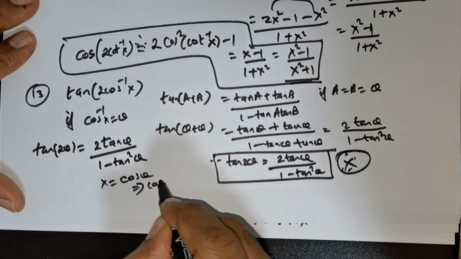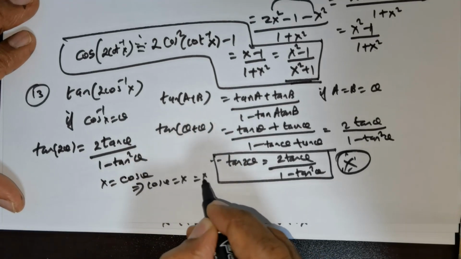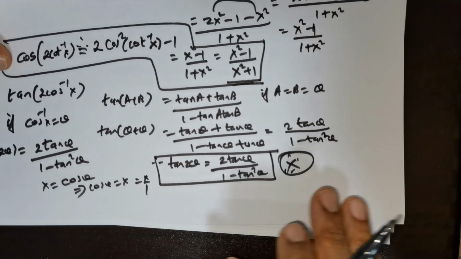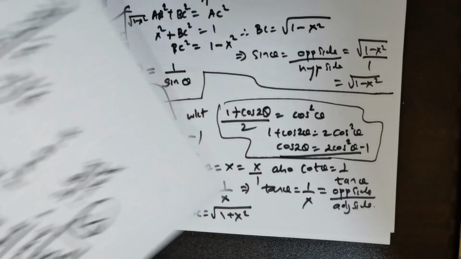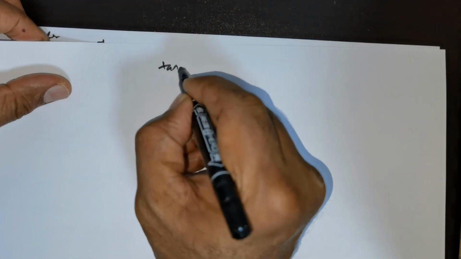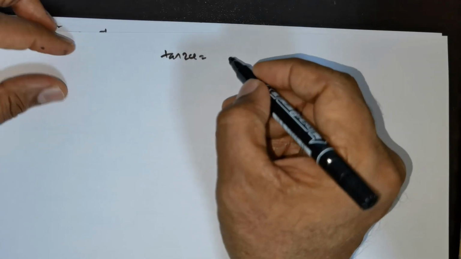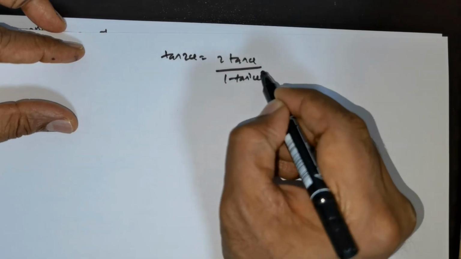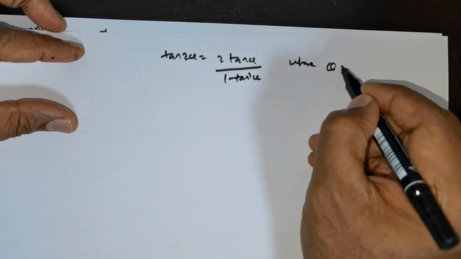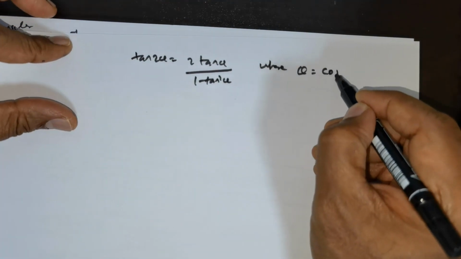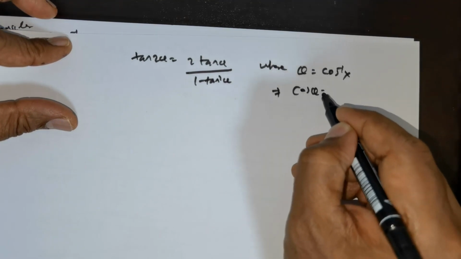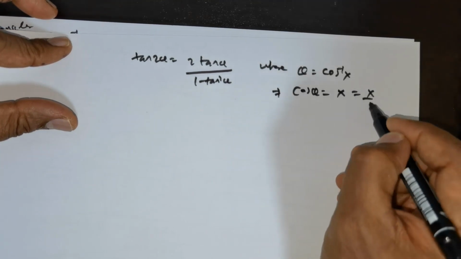So that would mean cos theta is equal to x, which is equal to x over 1. Now let me flip the page and complete the question. So we have tan 2 theta is equal to 2 times tan theta divided by 1 minus tan squared theta, where theta is cos inverse of x, and that would mean cos theta is equal to x, which is equal to x over 1,